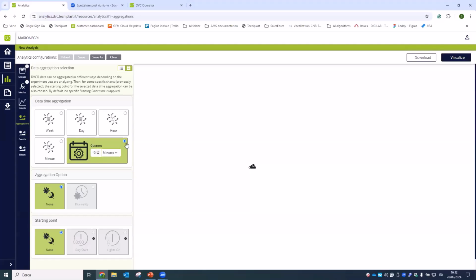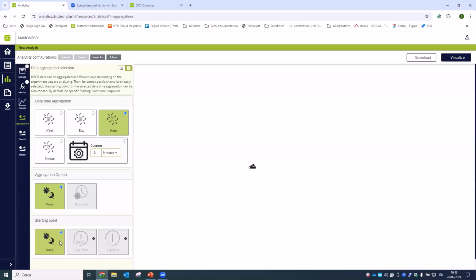Simply by clicking and then selecting. Let's keep it simple. There are other filters, aggregation, and there is no possibility to click diurnality because of the metrics and the chart selected. So some buttons are available or are enabled, disabled depending on the previous choices, as well as for the starting